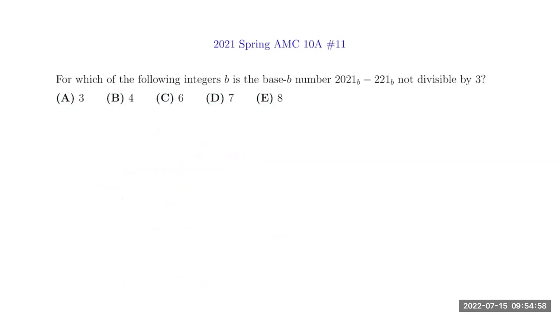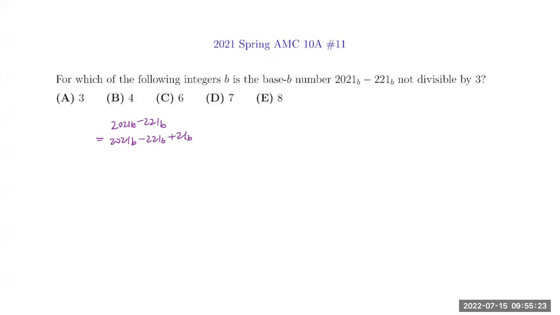For which of the following integers b is the base b number 2021 base b minus 221 base b not divisible by 3? We first notice that we can actually rewrite our expression by rearranging some items. So first off, we know that this is going to be equal to 2021 base b minus 221 base b